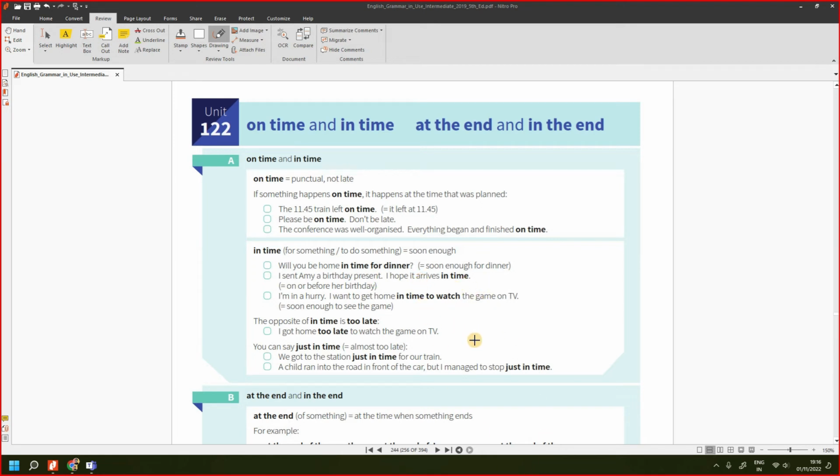When you send a birthday present to somebody, you don't want it to be delivered late, no? So you want it to be delivered in time, and not on time also. On time means on the exact time, and we don't know whether everything will go properly and it will reach on time. So it's always better you plan a little before. So it's always good to use in time.